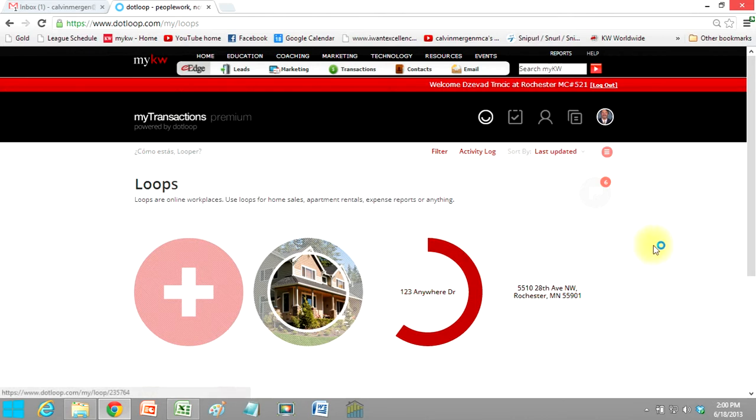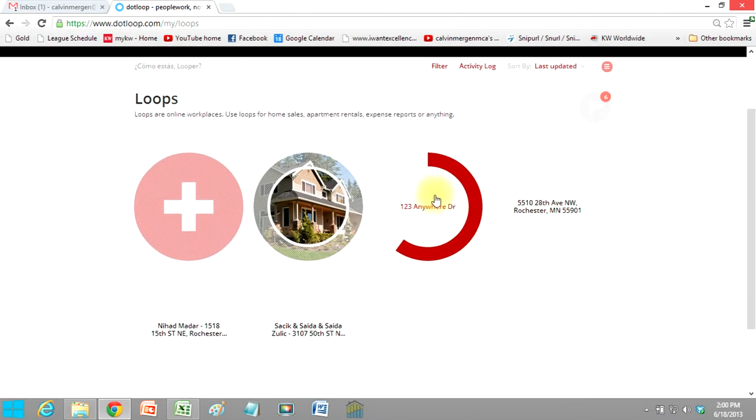But the transaction I'm working on here is 123 Anywhere Drive. And the reason why I kind of wanted you to go in succession is because we cover some tips on making the transaction go really smooth once you're ready to fill out the forms. So if we go into 123 Anywhere Drive,